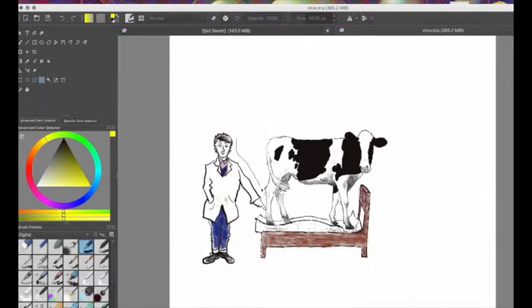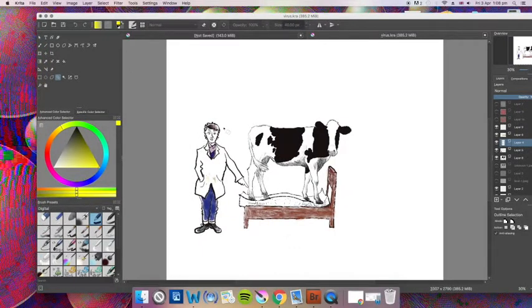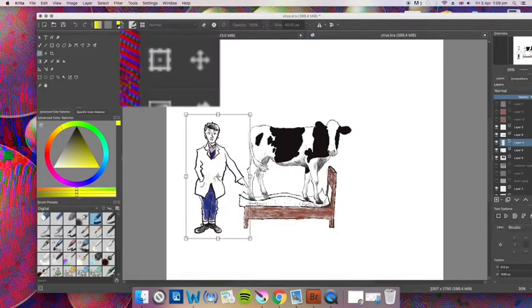Right then, I just wanted to show you something which I think I missed out on in the last video, and that was the change of proportion tool. It's sort of a selection tool, but also enables you to move things around and change the size and proportions of something. So here I am using the random selection tool to select my line drawing layer here. This is on a separate layer from the colour.